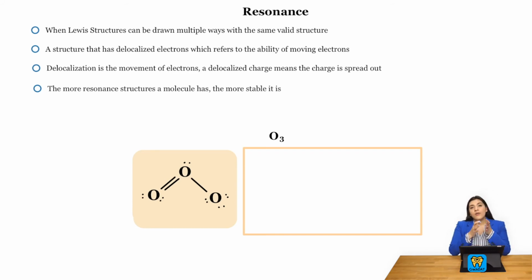So to figure out the next resonance structure, we have to break bonds and form bonds by moving electrons around. Let's start off with this first one, O3. So what we're going to do is